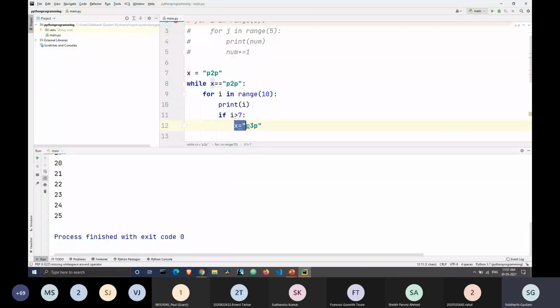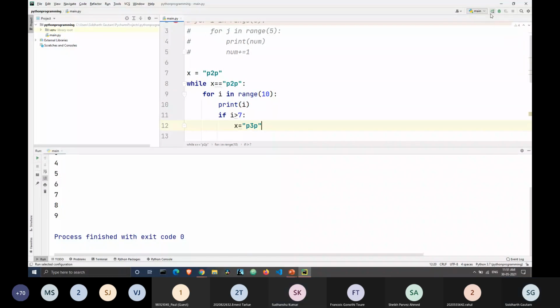Like, what do you think will happen? When this command gets executed, do you think we will instantly exit this while loop, or will the for loop be run in its entirety first? Will the for loop be completed first and then we will exit? What do you think will happen? Okay, let's take a look at what will happen.